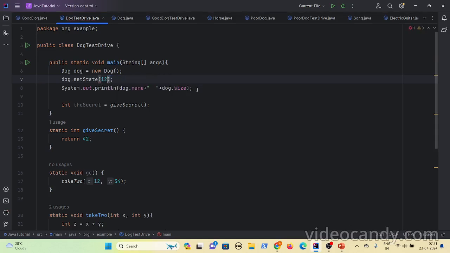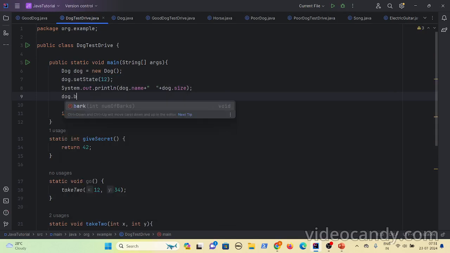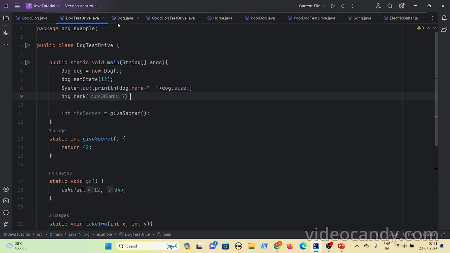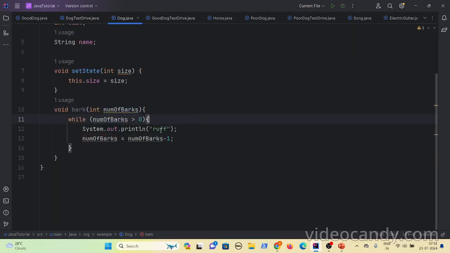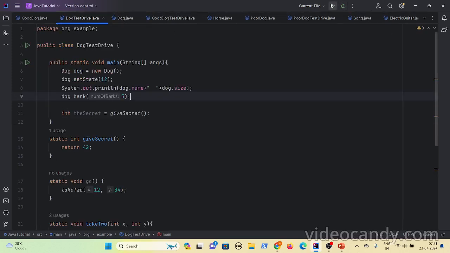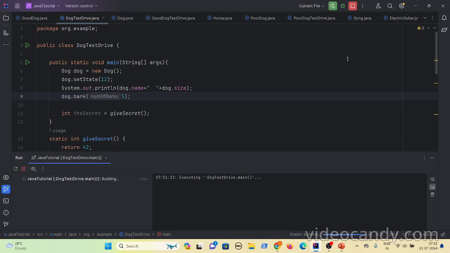What I'll do is I'll make this dog bark 5 times. So if you make the dog bark 5 times, you should see this "Ruff". Let us run this file and see.